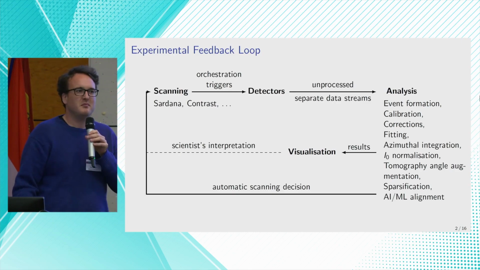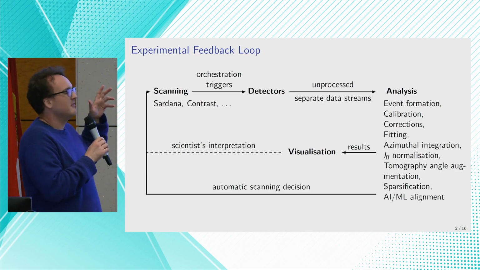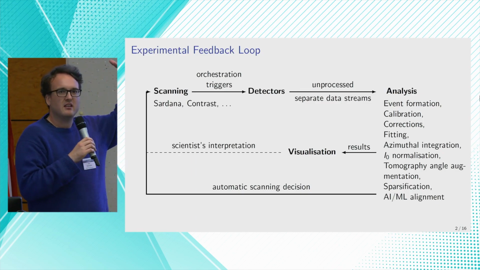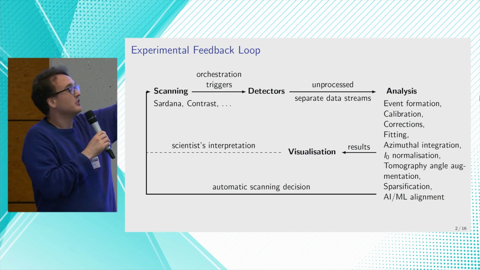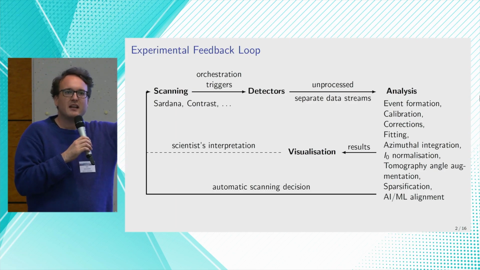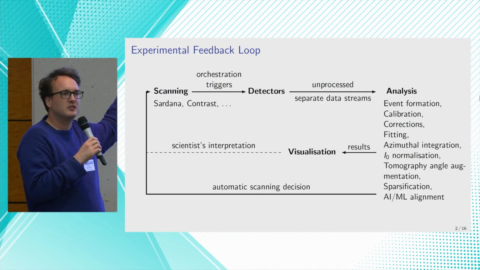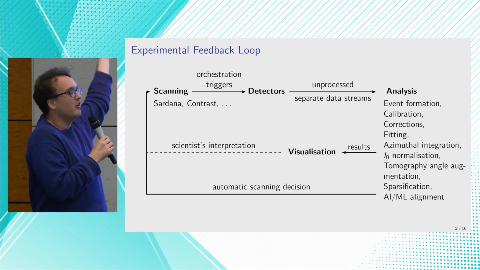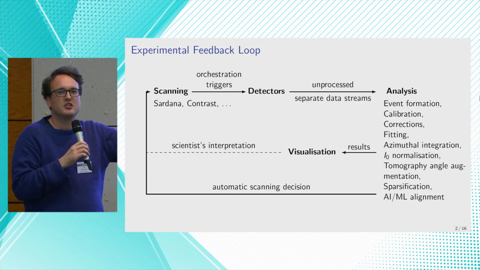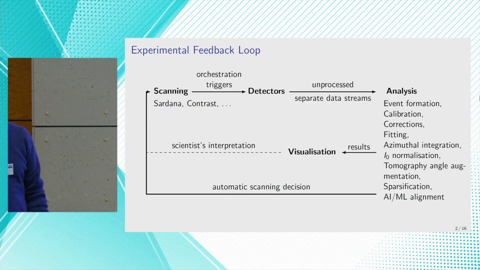We all kind of know what we want to achieve at the beamline. And this is this experimental feedback loop. So we start a scan. The scan software normally triggers some detectors which produce pretty raw data. We want to analyze them and then either do a visualization for some scientists to make a decision on how to continue, or potentially, if the decision is easy enough, directly do that automatically and decide on how to advance